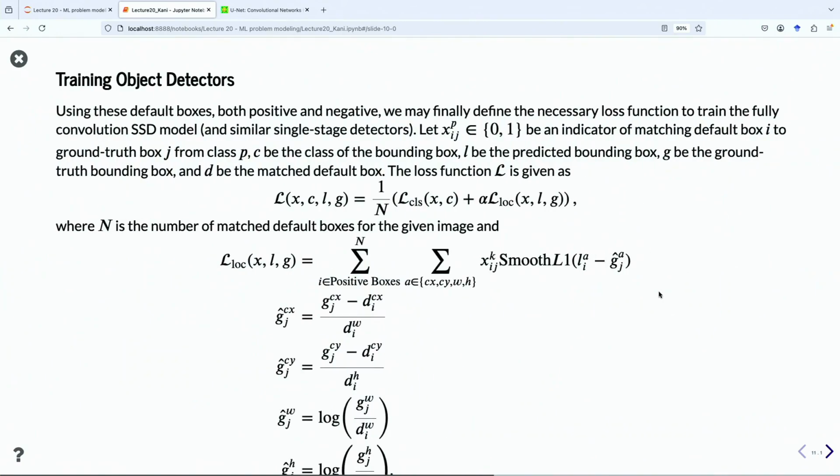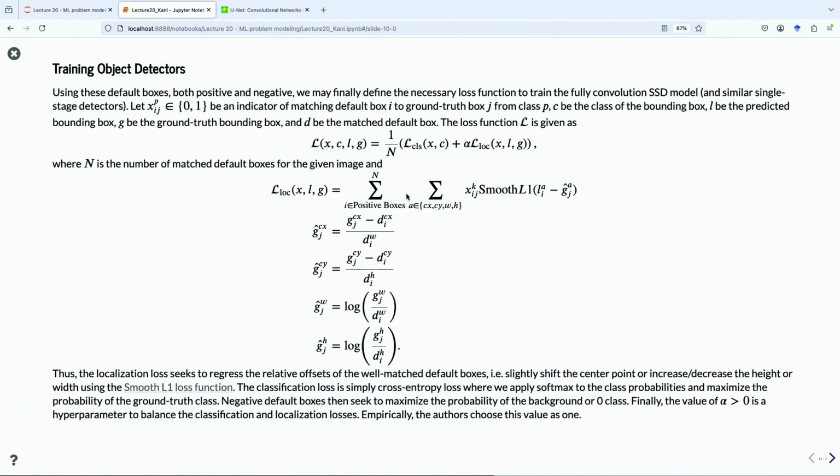As far as training goes, again, we could use a loss function, same as before. All we need to do really is have the loss function for the actual classification loss and a loss function for the location, the bounding box location and overlap loss. Okay. Does all that make sense? So multiple different loss functions.